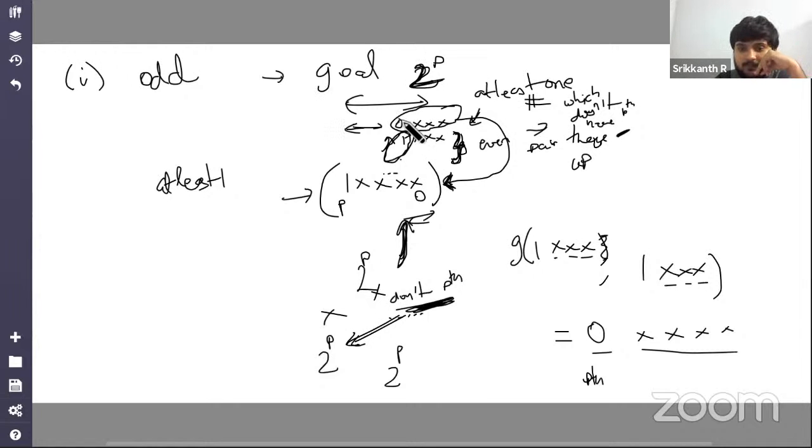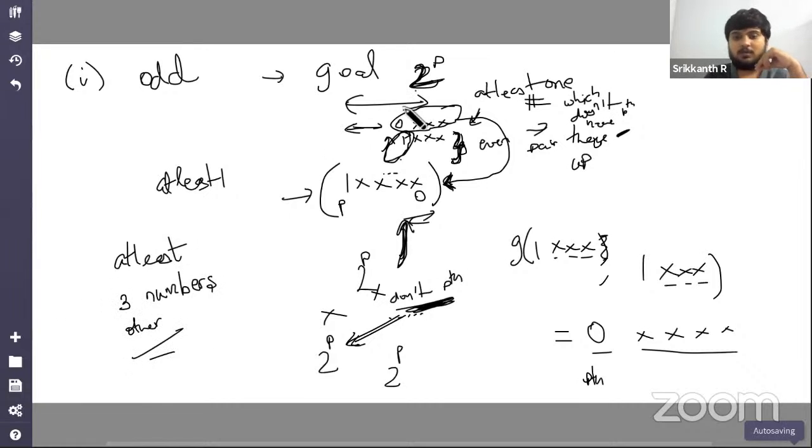Even if we don't have one like so, we can merge two even numbers and get that. So if you have at least 3 other numbers, we can do this. The reason being,